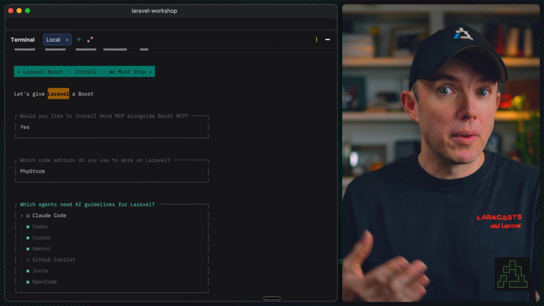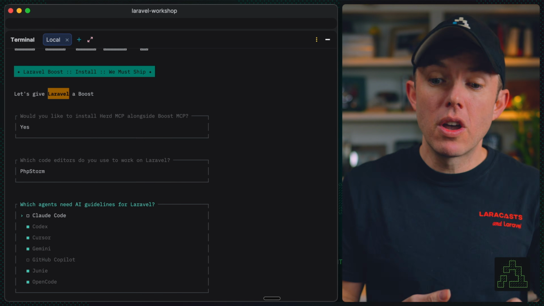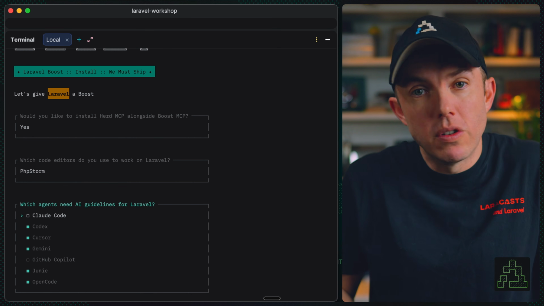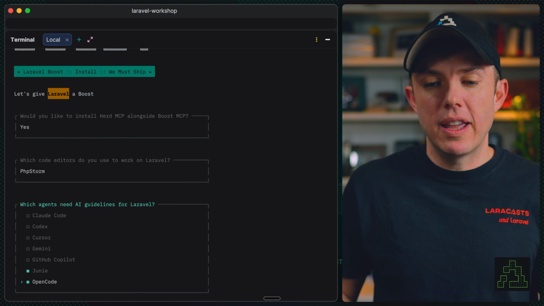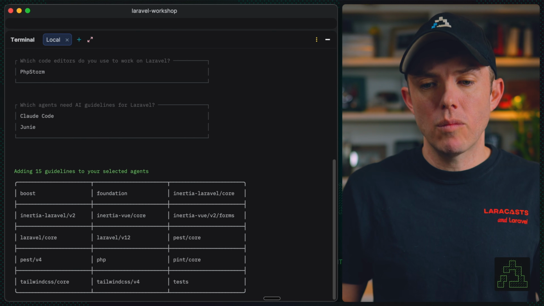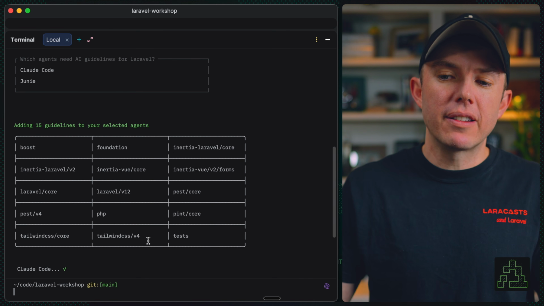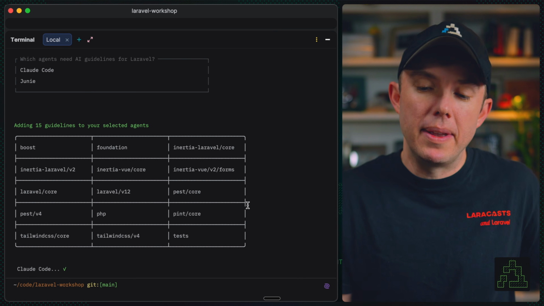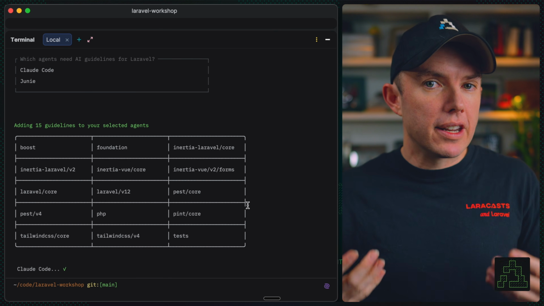Next, what agents? Remember, there's lots of different agents. Are we using Claude Code or Codex from the Facebook team, Cursor, Gemini? Choose all of them that apply. In our case, we'll stick with Junie and maybe Claude Code if you use that. All right, so now notice, as part of the installation, it's including guidelines. But these guidelines are dynamic, which means it's scanning our code base and our packages to